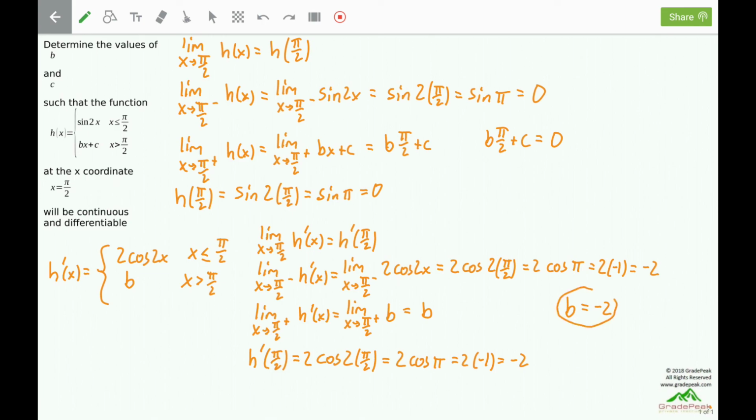We can now take this result that we have for b and plug it back in up here to find c. So -2 times pi over 2 plus c needs to equal 0. So -2 pi over 2 plus c equals 0. The 2's can cancel here, and we have -pi plus c equals 0. We can now add pi to both sides, and it looks like c comes out to